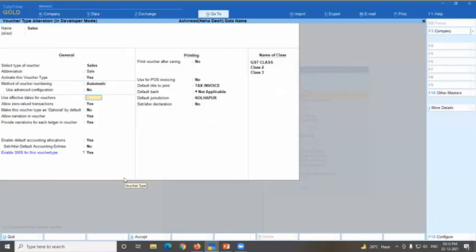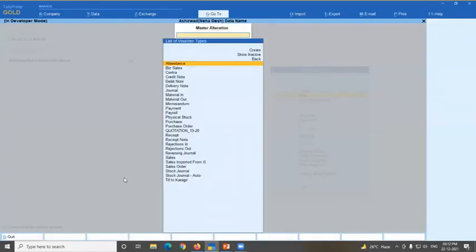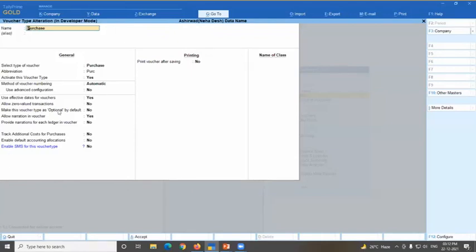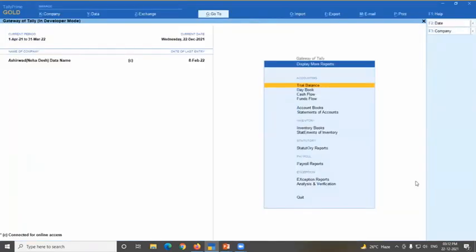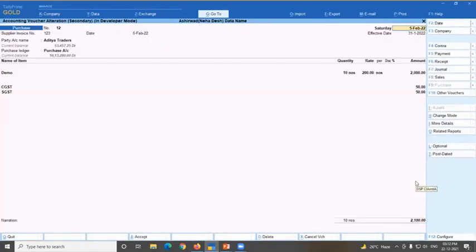See, I'm showing one example here. Alter voucher type. Let us take purchase. And in purchase, I'm using yes. See here, use effective date for voucher: yes. What happens? Display account book, purchase register. To save our time, I have already entered one voucher.